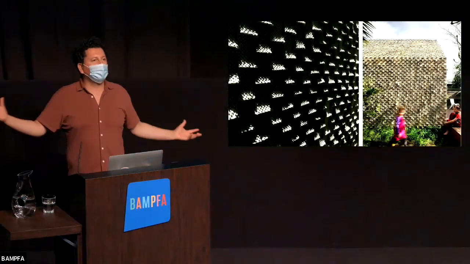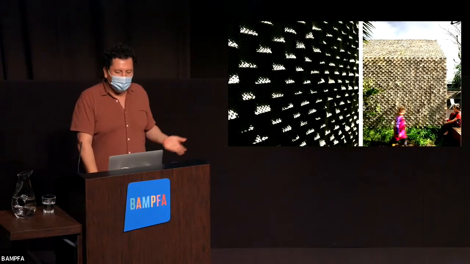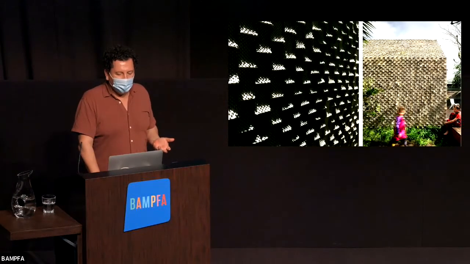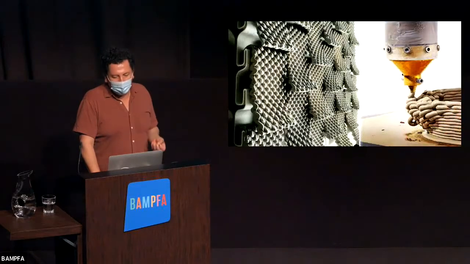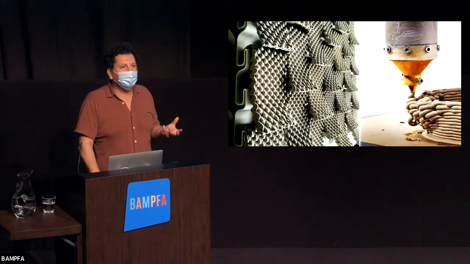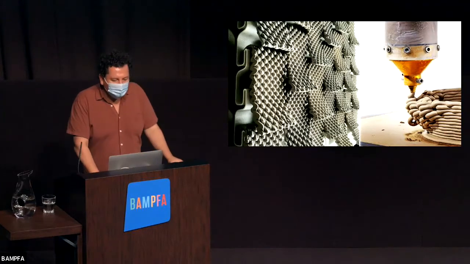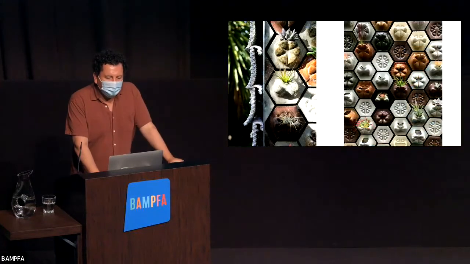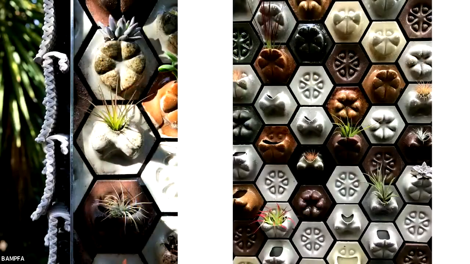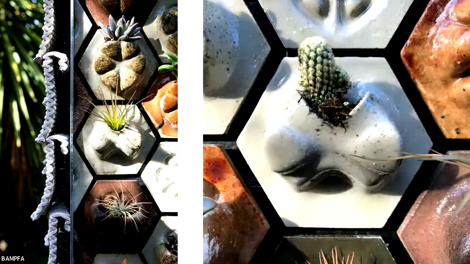And so we just took all of our experiments together to say, okay, what does it mean to 3D print the cladding of the building? Using that technique that we had to make it look handmade, to attach on a 3D printed surface, on a surface that was waterproof and resilient and could last 100,000 years. What would it mean to make another facade of that building in a way that used recycled sawdust, used our cement, and also used recycled Chardonnay grape skins from the wineries in Napa and Sonoma, and could hold and house succulents and air plants that thrive very well in the Northern California climate.